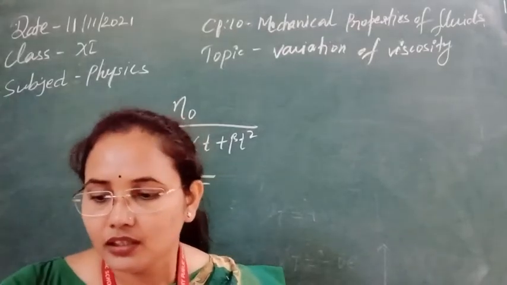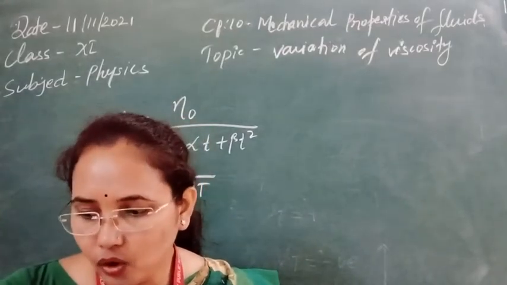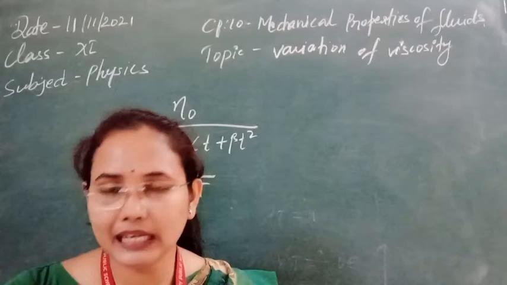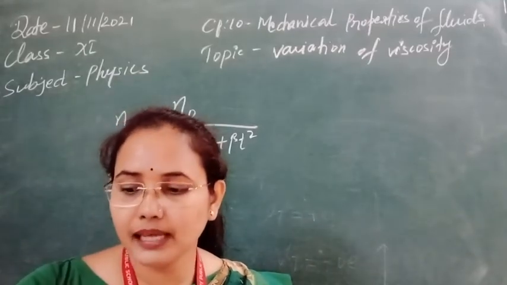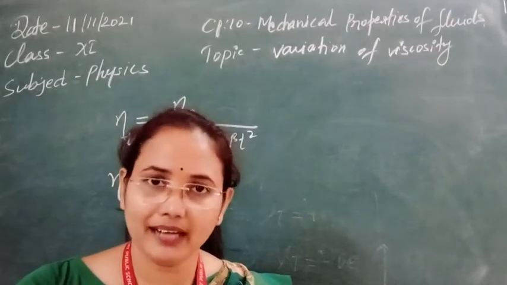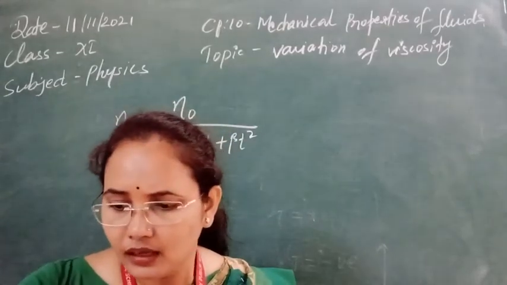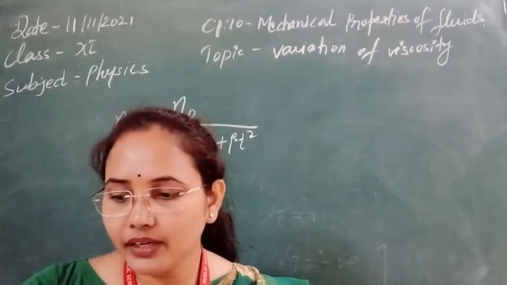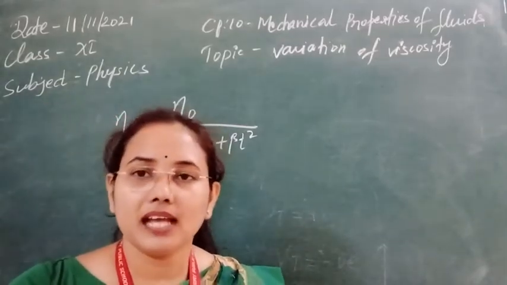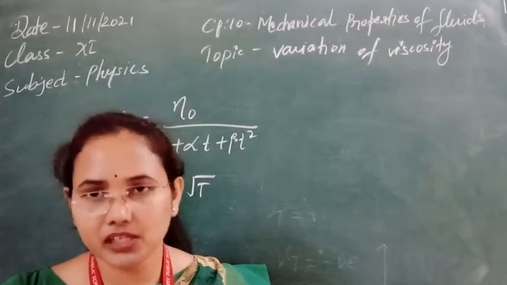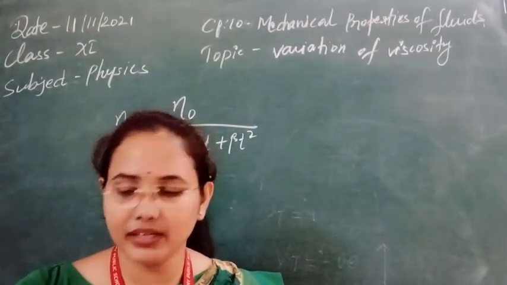The second one, the knowledge of viscosity of some organic liquids such as protein and cellulose helps us in determining the shape and molecular weight. Next, at railway terminals, liquids of high viscosity are used as buffers. So as a buffer at railway terminals, we are using very high viscosity liquid there.